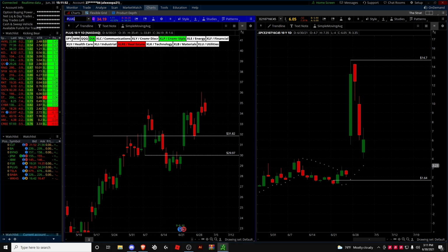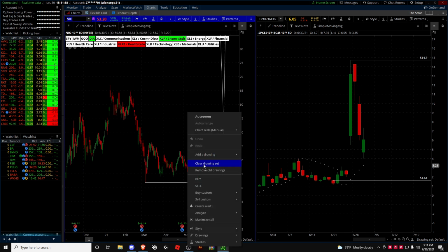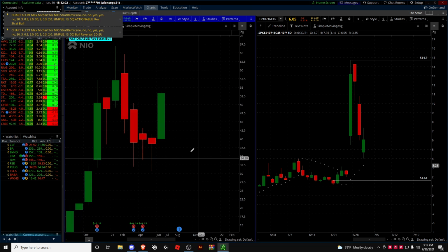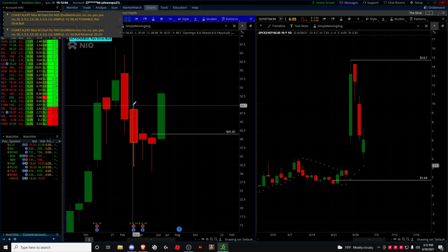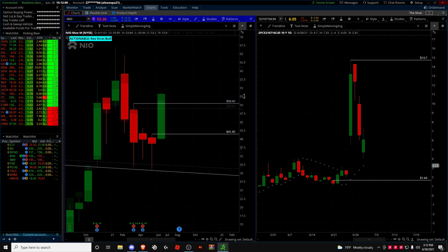So just a good example of that occurring. Now we can go to NEO. You're going to see NEO on the month. So here is your RevStrat monthly on NEO. This was our magnitude to take out, and you can see here's your broadening information, the lower lows, and here's